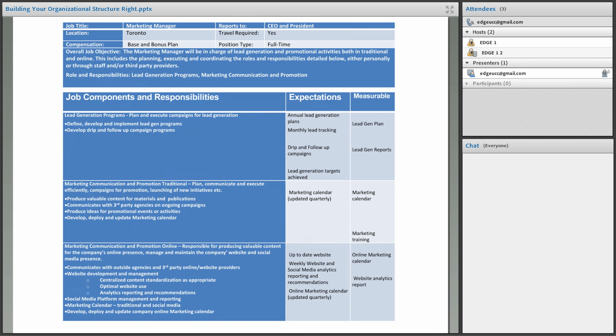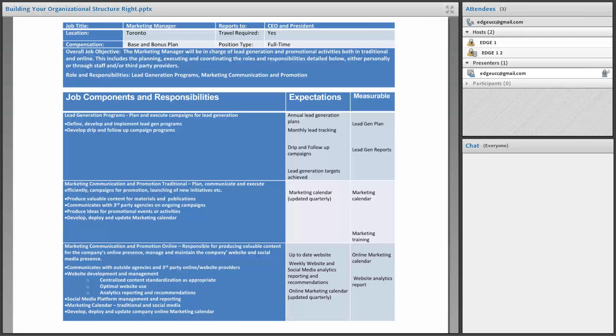So what I mean by that is where I say annual lead generation plan, I would tighten that up. And I would say annual lead generation plan by January 30th each year, right? Be very specific, because then there is no, well, I wasn't sure exactly what you meant by that. And this is a great tool to use as well with reviewing with your new person, the new individual that's come in to fill that role, to make sure they're clear on their expectations and what you're going to be using to measure that expectation with.